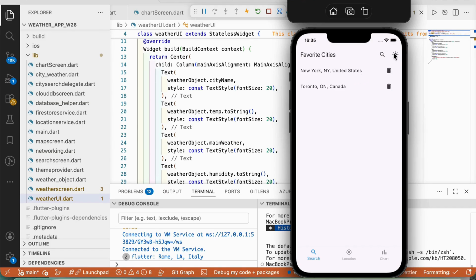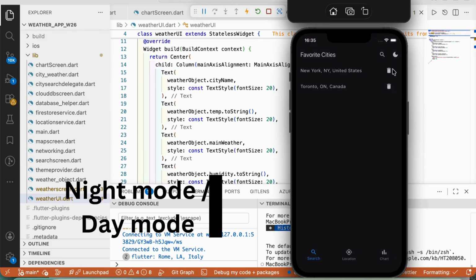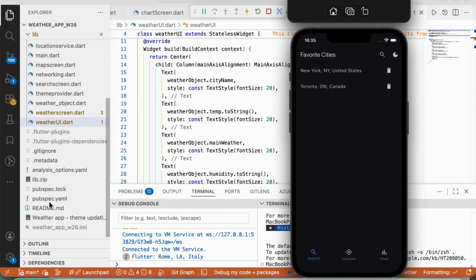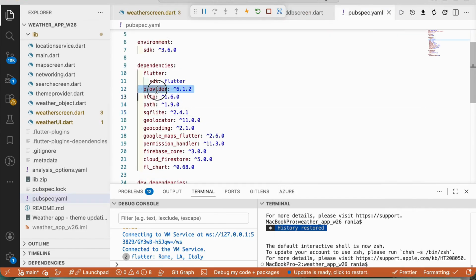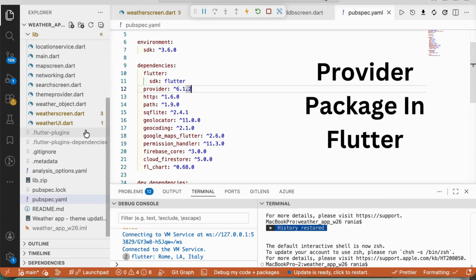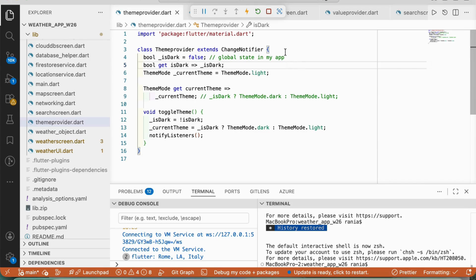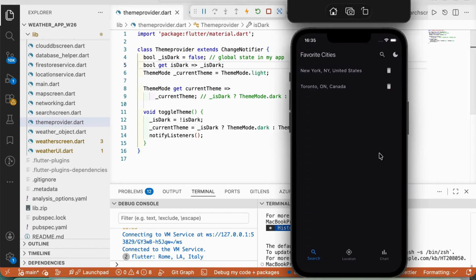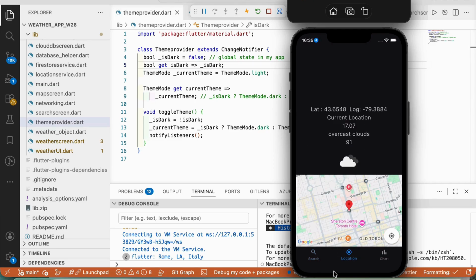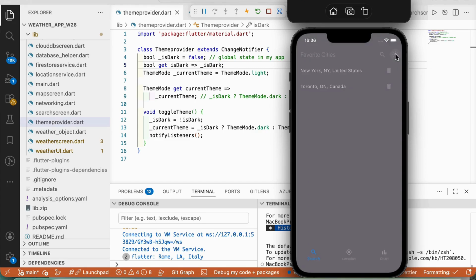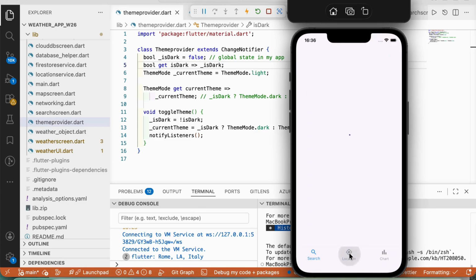We also have an icon to switch between night mode and day mode, and this is taken care of within our provider package. The next dependency we are using here is the provider dependency, which we can use for any global variable or global state. In my case, I'm using the theme, or the light, as a global state. So currently I have everything in my app in dark mode. If I come back here to the light mode,